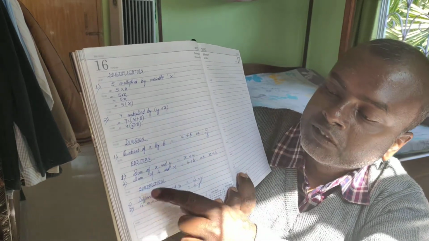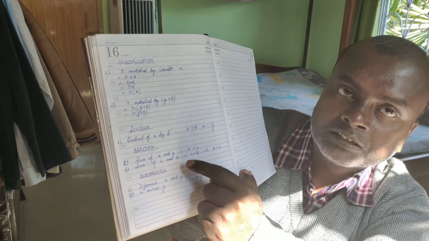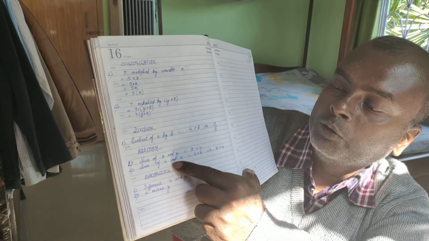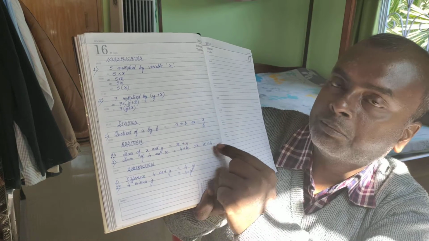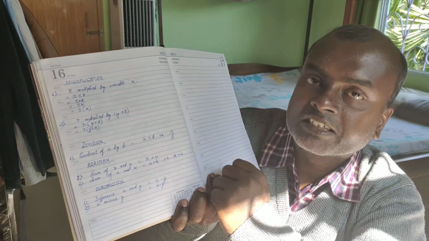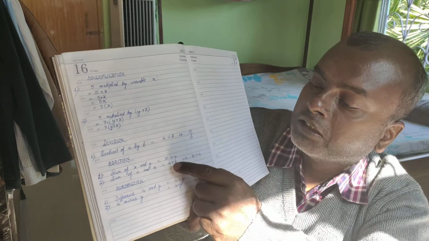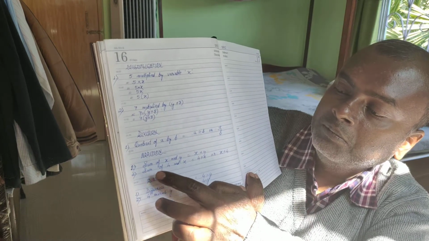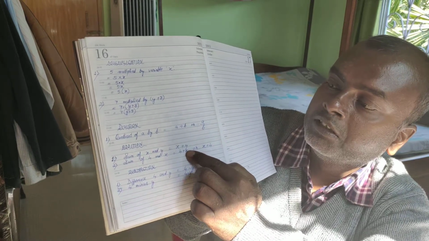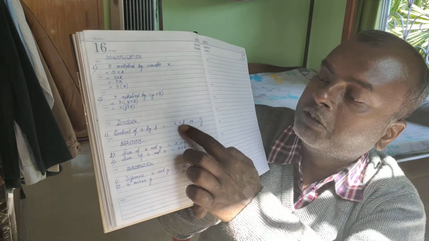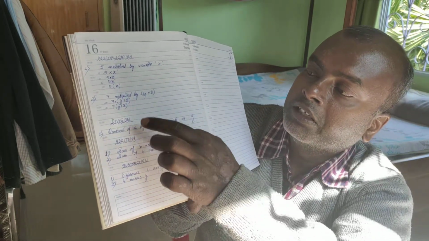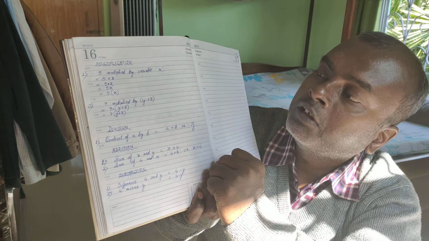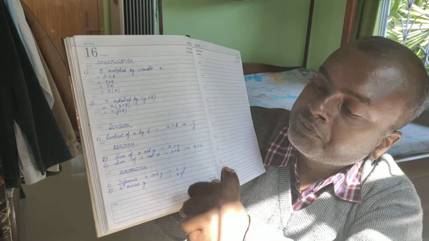Okay. Similarly, you have sum of 4 and x. That means the word sum, the symbol for sum is plus, and 4 and x, so 4 plus x. Or you can write x plus 4. Doesn't matter which one you write first and which one you write second, in plus or even in multiplication. You can write 4 before or you can write x before, doesn't matter. So the word sum, the symbol for sum is plus. The word division, the symbol for division is this. Okay. For multiplication we have product, as you had studied before, and for division we have quotient.